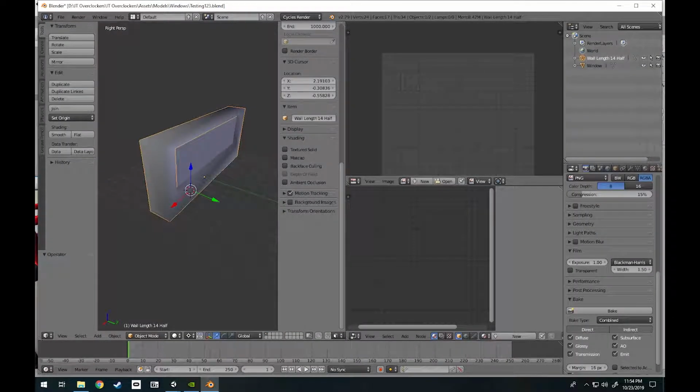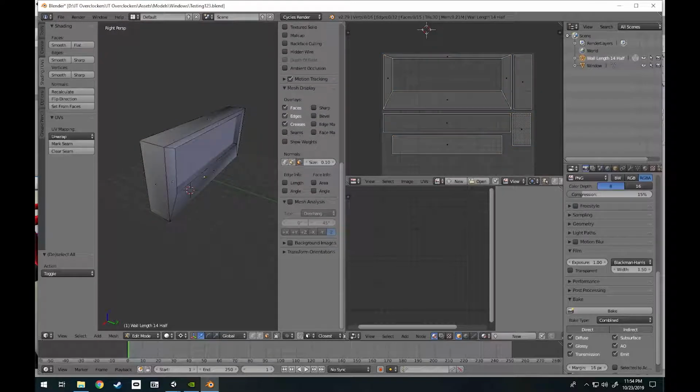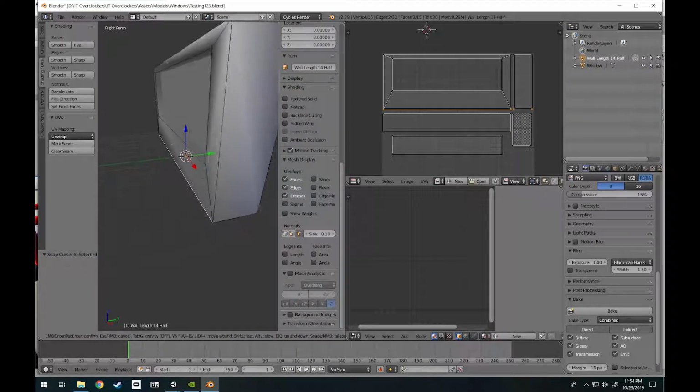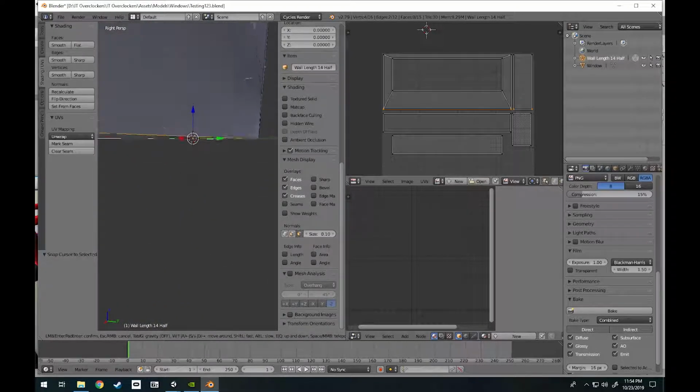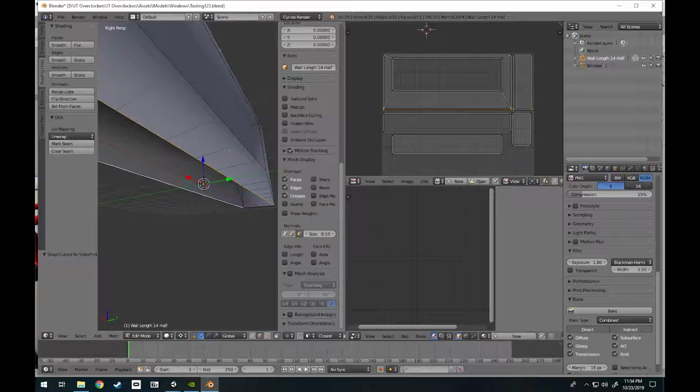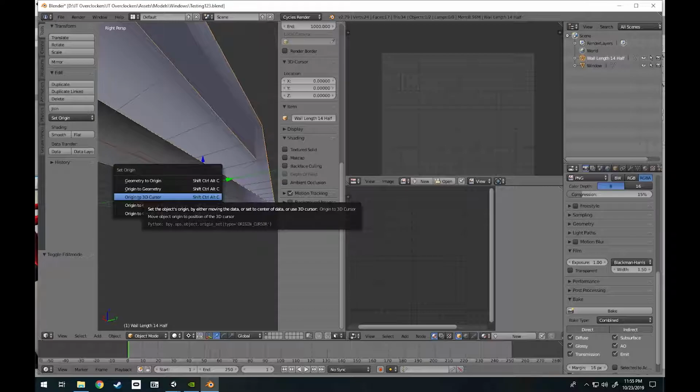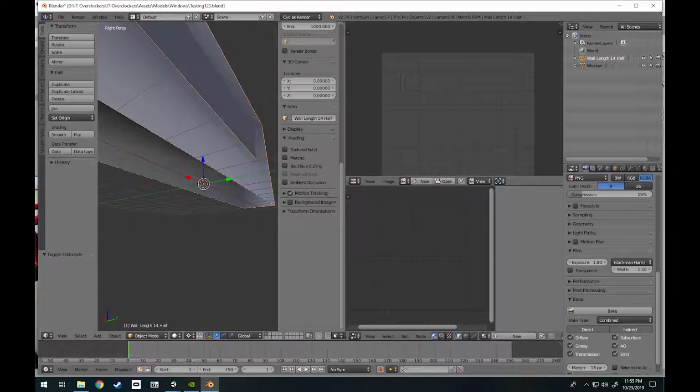The best way is to tab, and for me, select where you want it. So I think about my object first. Here, if I want it in the middle of this, I'll usually just select here, then I go Shift S, and then I go cursor to selected. Now in 2.8, you can look up how to do cursor to selected and figure that out. But I'm in edit mode, and you can see where my 3D cursor is now. Now I tab out, so I'm in object mode. I go Control Shift Alt C, and then I go origin to 3D cursor. Now that puts it right there where I want it, and it'll be like that in Unity. However,